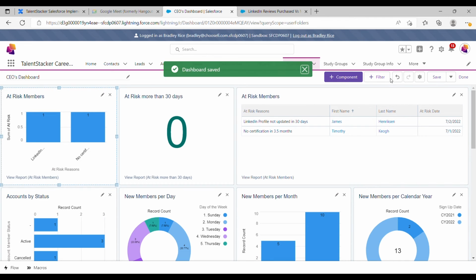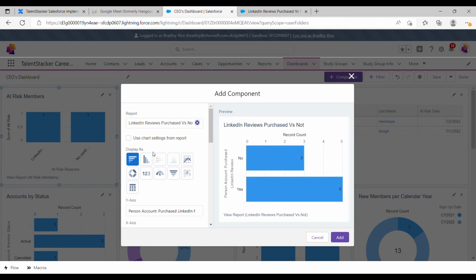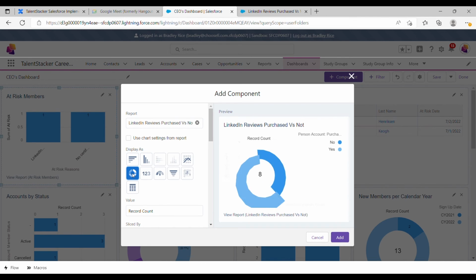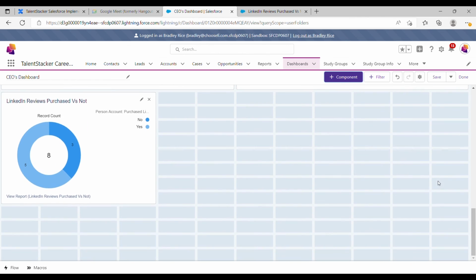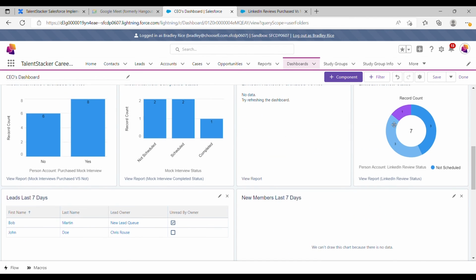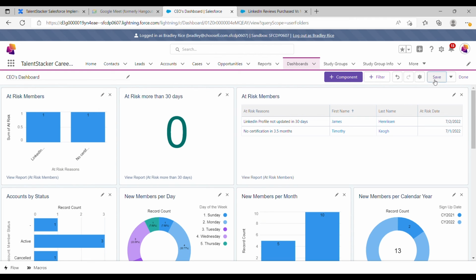If I wanted to go ahead and add another component, I click on the plus component. And if we needed to add another report, for instance, we find the report that we want to add it for, click Select, and then decide the chart that we want to use for it, and click Add. I've already added this to my dashboard, so I do not need to save that. So I'll go ahead and click Delete on that. But this is just an option on being able to add a component to your dashboard. So of course we can click Save,